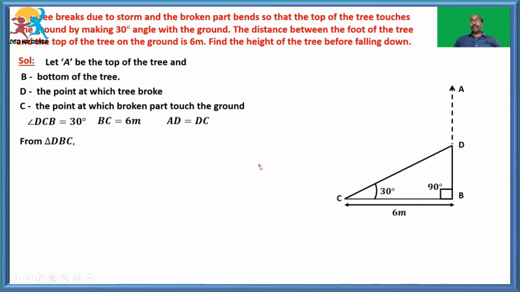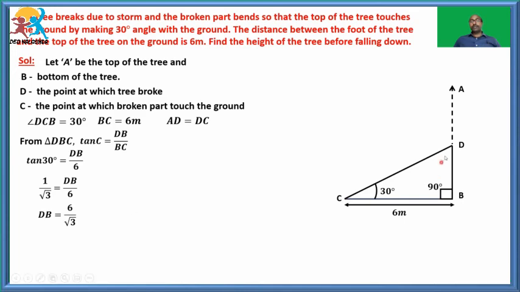First let us find opposite. We know adjacent and we need opposite. So we have to take tan, the trigonometric ratio related to opposite and adjacent. So tan C is equal to DB by BC, opposite by adjacent. And C is 30 degrees, BC is 6 meters. Right, substitute these values. Tan 30 degrees is equal to DB by 6. And the value of tan 30 is 1 by root 3, equal to DB by 6. So DB is equal to 6 by root 3.